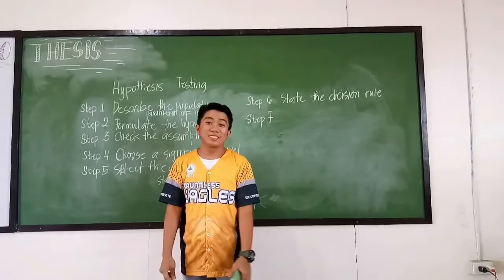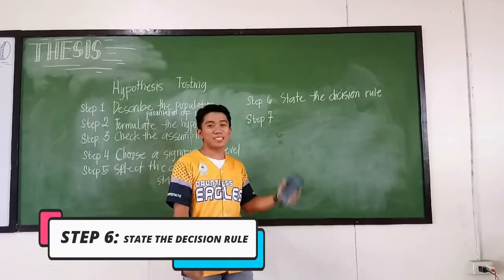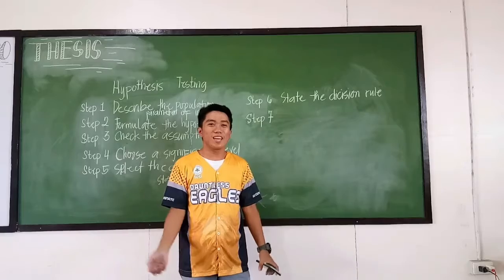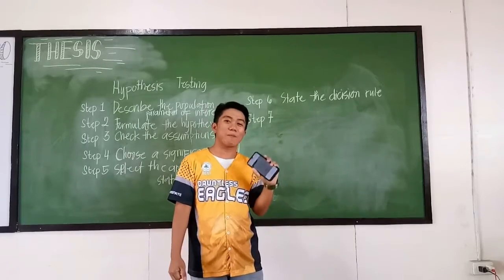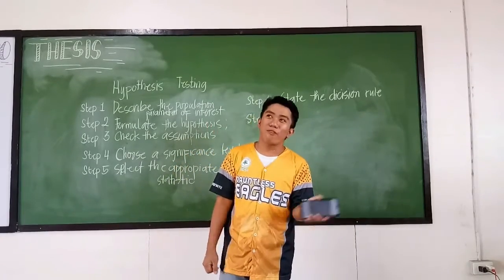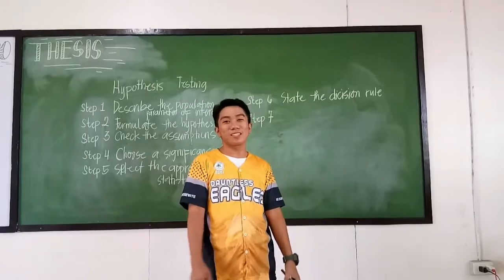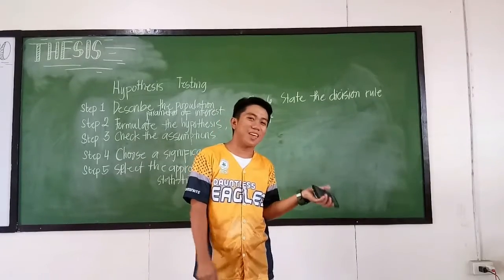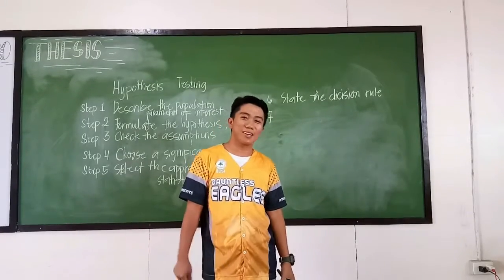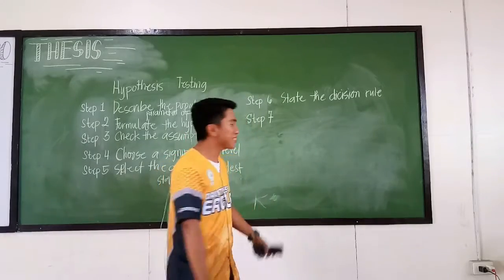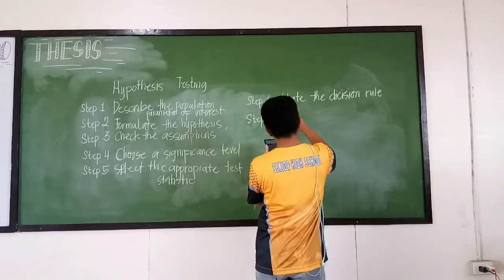Step 6. State the decision rule. In this step, we're going to determine if we're going to reject or accept our null hypothesis. If the null hypothesis is going to be rejected, then we're going to accept our alternative hypothesis. Next step, and the last step, is